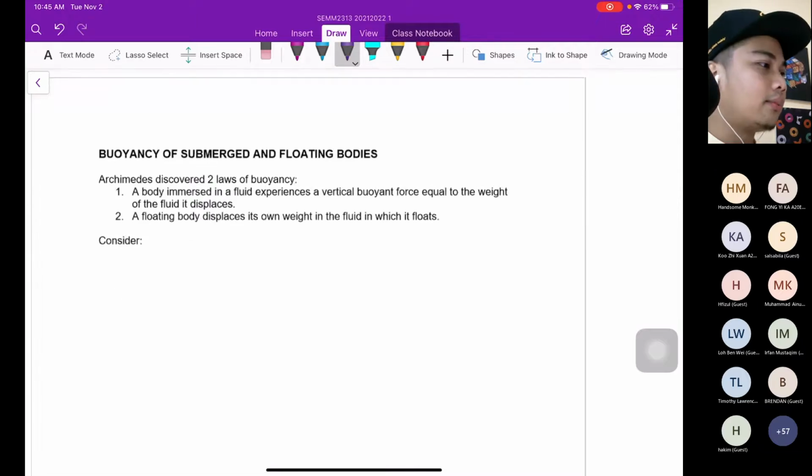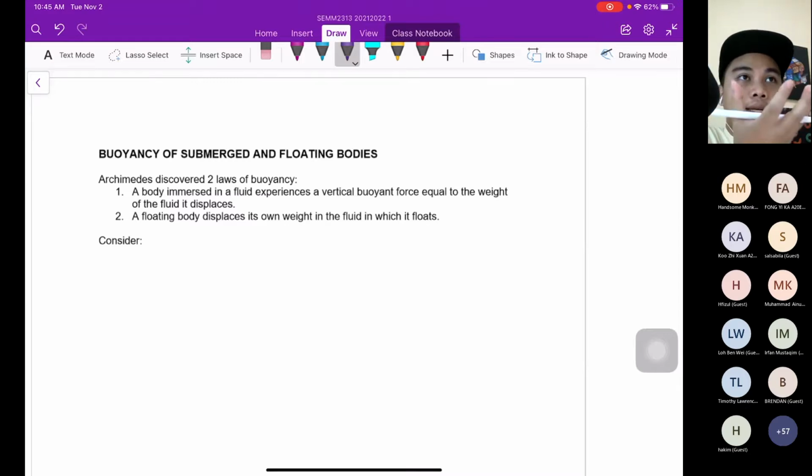Okay, let's move on to buoyancy, since we have time. I believe you have learned buoyancy before during your secondary school, the buoyancy of submerged and floating bodies. When we have an object submerged in the water, and you can see the object floating or staying still in the water, this is due to what? Anyone? This is due to buoyancy force that will push the object upward and is balanced by the weight of the